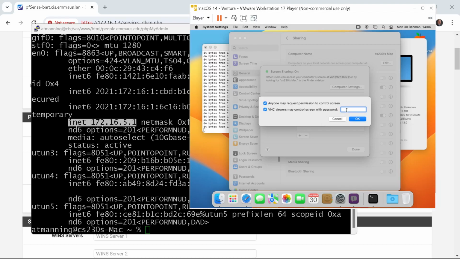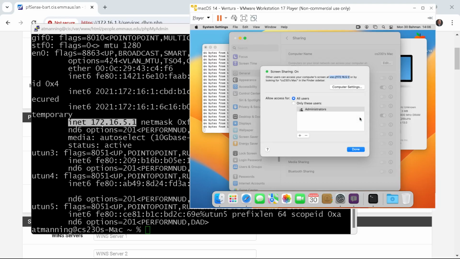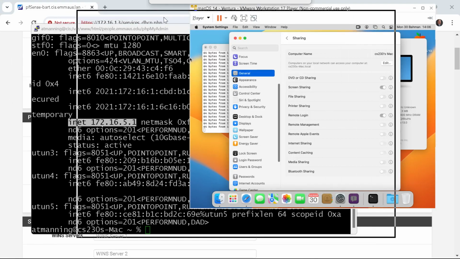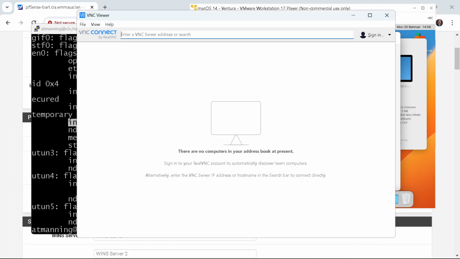I'm just going to make a password, and I'll make the same password, 311 IoT exclamation point. So that password will get them in. Now click done, and now let's try connecting, and I'm hoping I do have the VNC program. Let's see if I do have the VNC program. I do have the VNC viewer. This is a free viewer called VNC, and now I put in the address of the server that I want to connect to. That would be